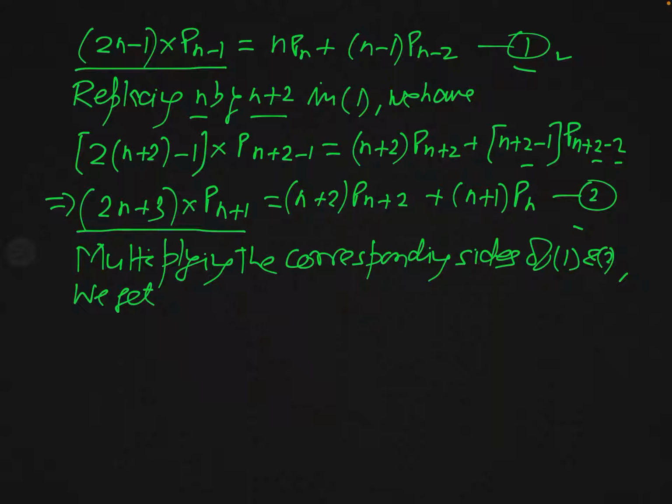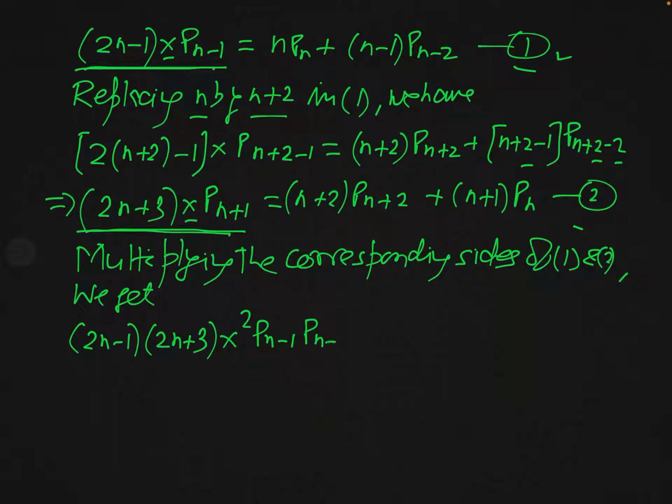So after multiplication of this LHS term by this LHS term, you can easily see this will be 2n minus 1 into 2n plus 3 into this x into this x, this will be x square, and this pn minus 1